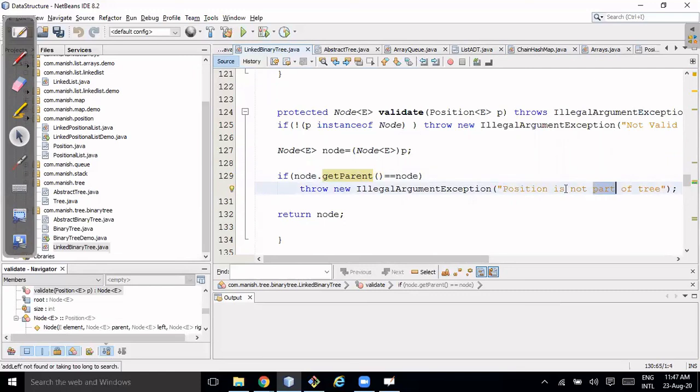Suppose I created a node but later removed it from the tree, and you pass that node again and ask to add left or right; then we are doing the wrong thing. I want to stop that too.